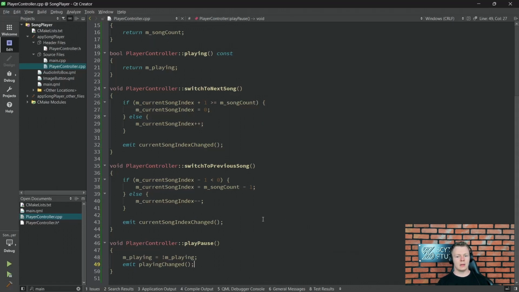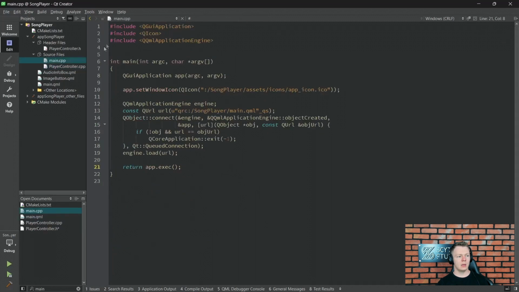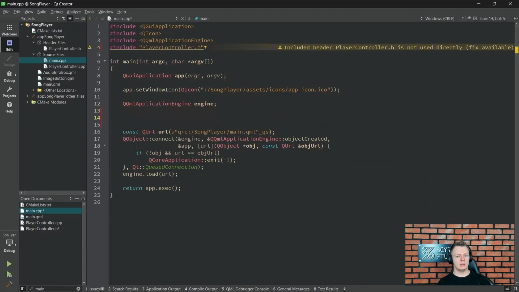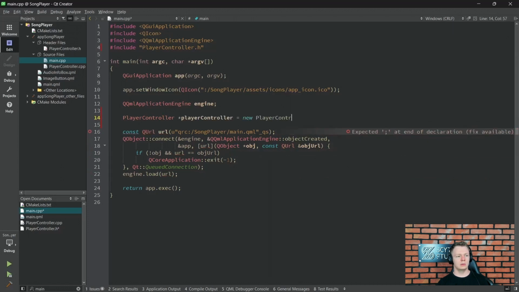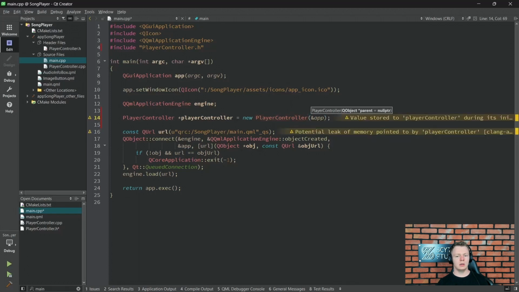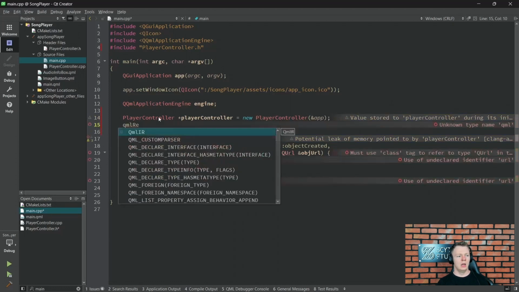And now our class is ready, but QML is still not aware of it as we did not register it. So let's go to main.cpp, add appropriate header here, header to our controller. And next we will create instance of our player on the heap. I will pass app as the parent. And next we need to register our class as singleton to expose the instance of object to QML. We do it by using